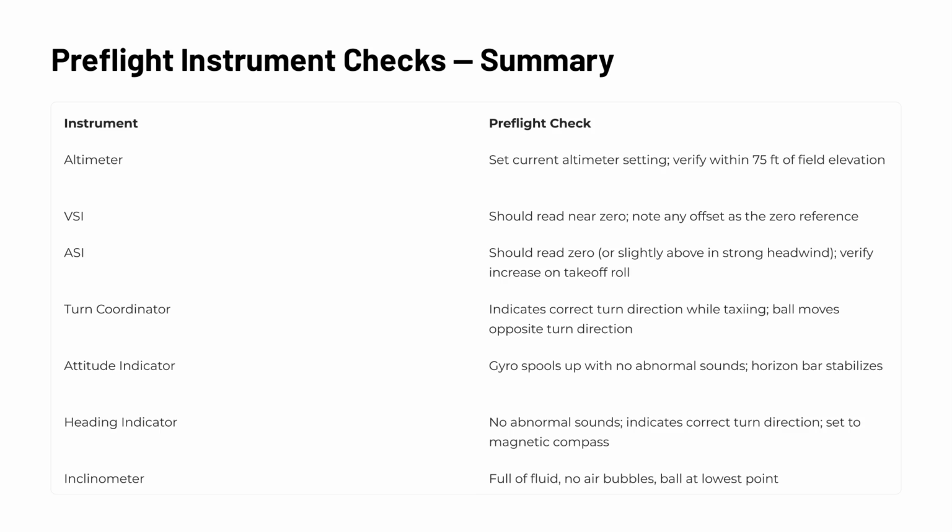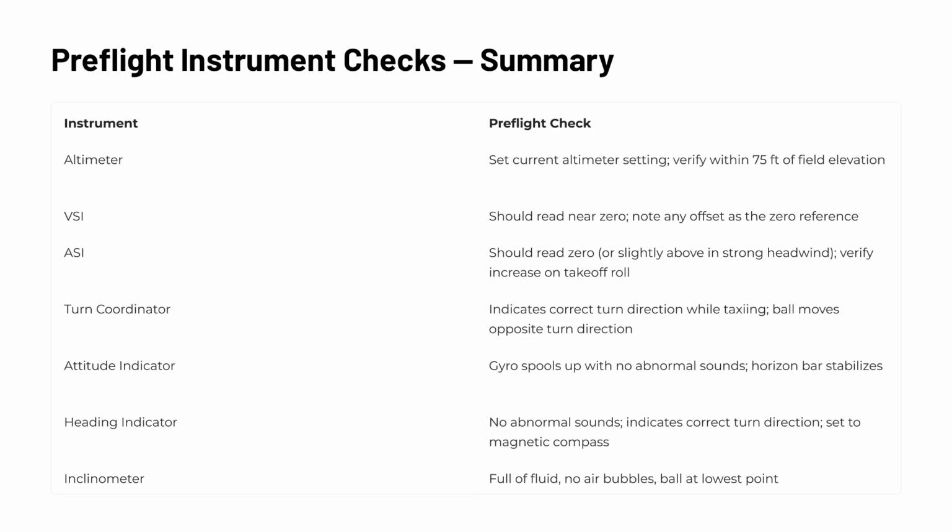The airspeed indicator should read 0 on the ground, or slightly above 0 if there's a strong headwind, and you should confirm it rises during the takeoff roll. The turn coordinator should reflect correct turn direction while taxiing, and the inclinometer ball should swing opposite the direction of the turn. As the attitude indicator's gyro spools up, listen for any abnormal sounds and wait for the horizon bar to stabilize before flight. Finally, the heading